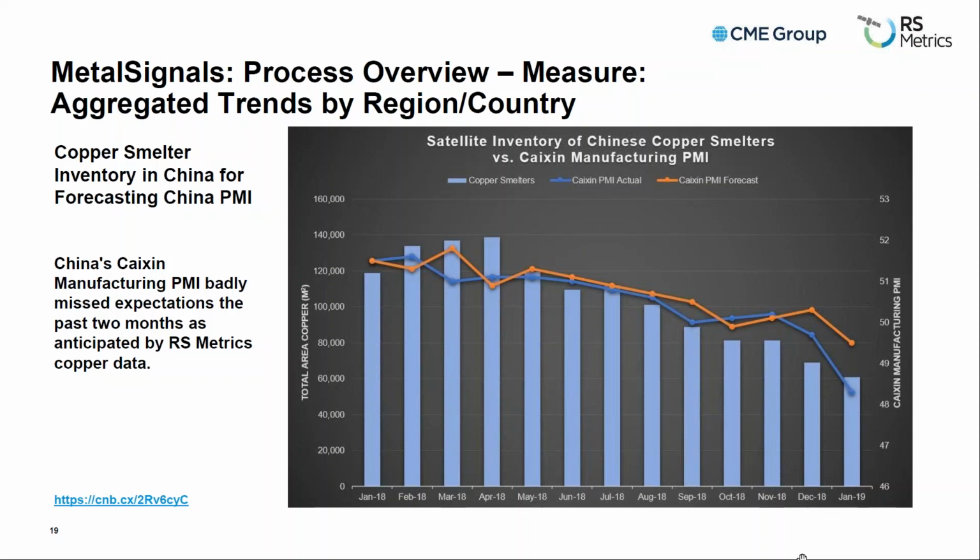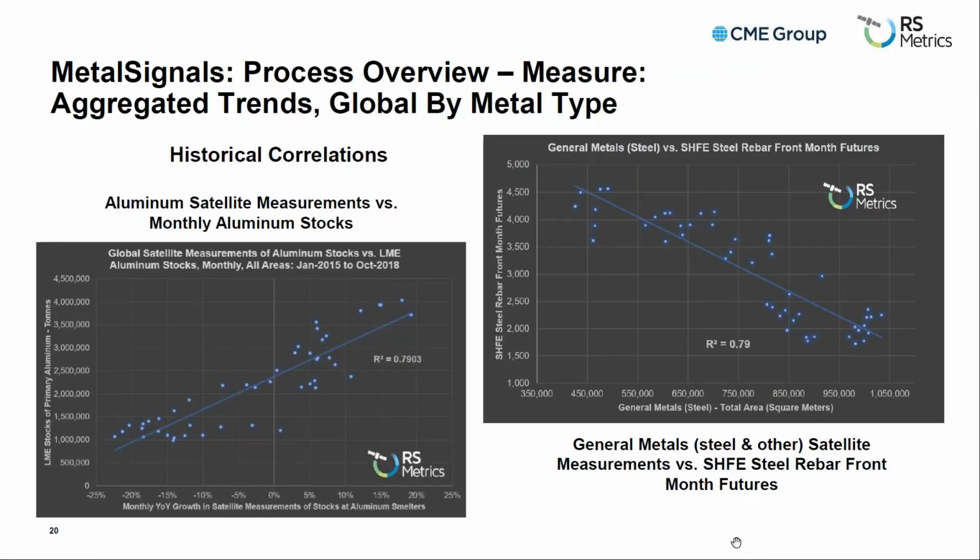And you can see how it lines up better with what we're measuring in China for copper. We also could group together copper, aluminum, zinc, iron ore, and others in China and probably even improve on this, but just thought it was interesting, just as a quick and dirty comparison, even just with copper, that it lines up this well. Historically, this is not a forecast. We're still looking at measuring here, but if you just do a best fit line historically through comparing historical prices and inventories to stocks,